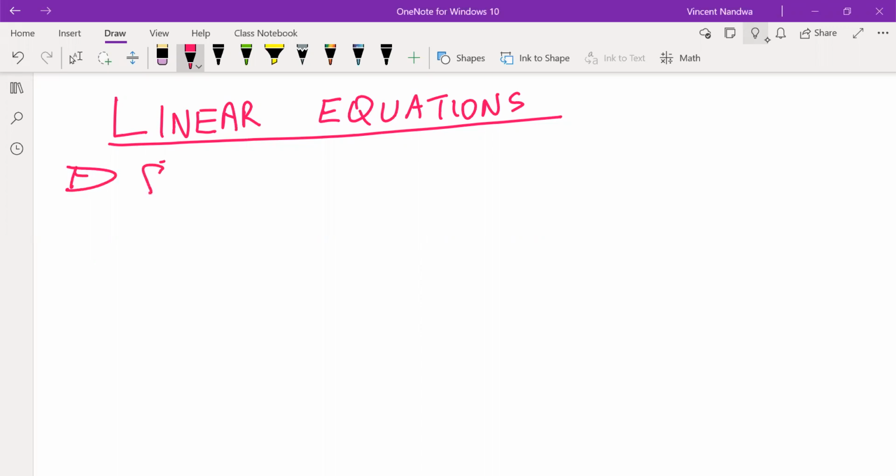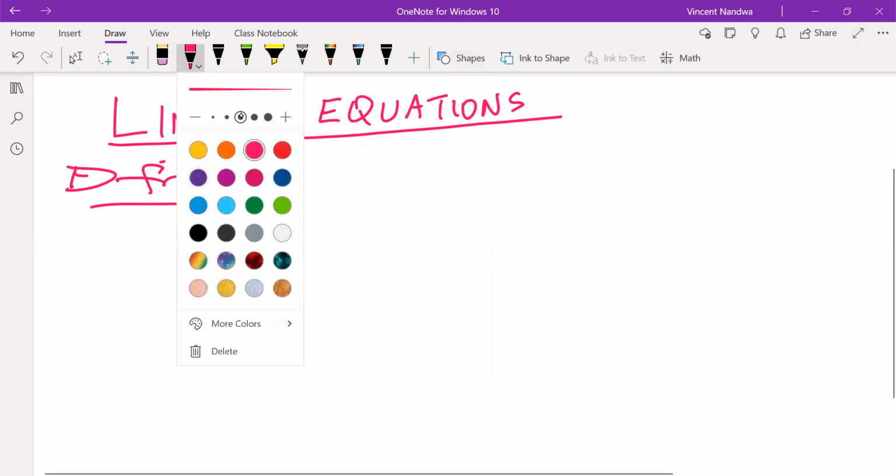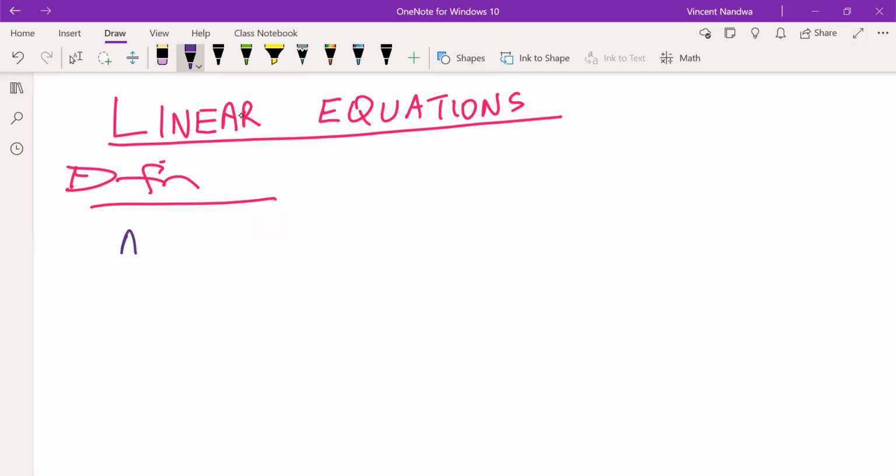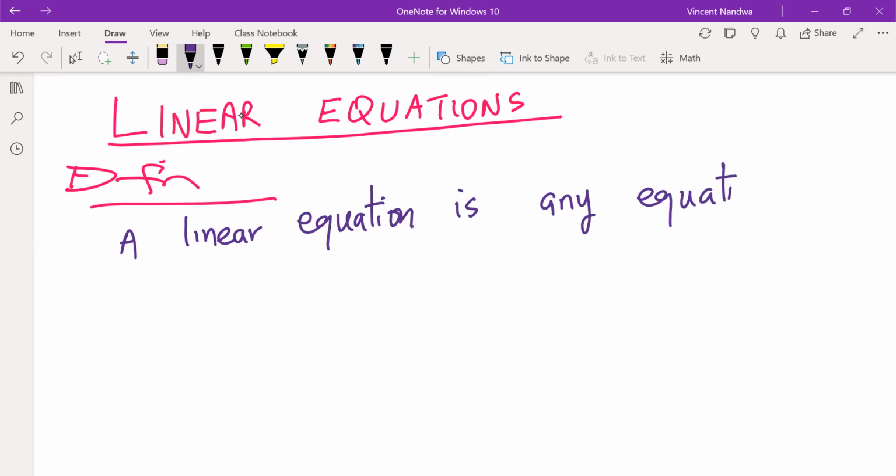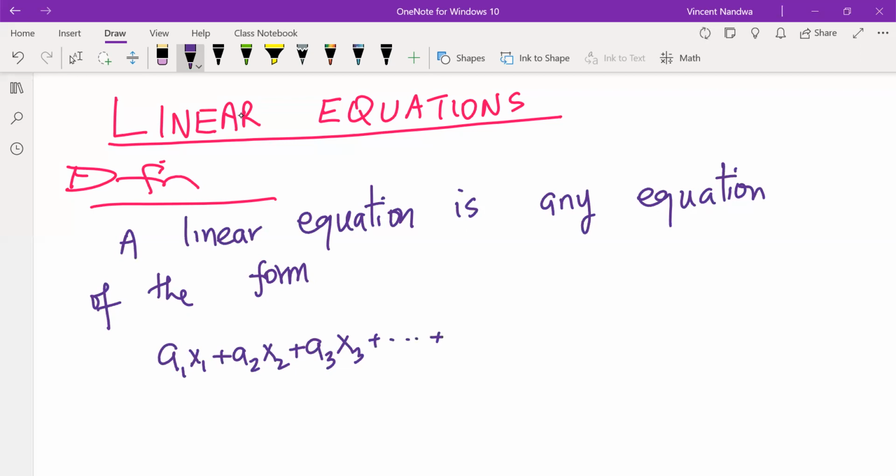So, definition. A linear equation is any equation of the form a1x1 plus a2x2 plus a3x3 plus up to anxn equals b,